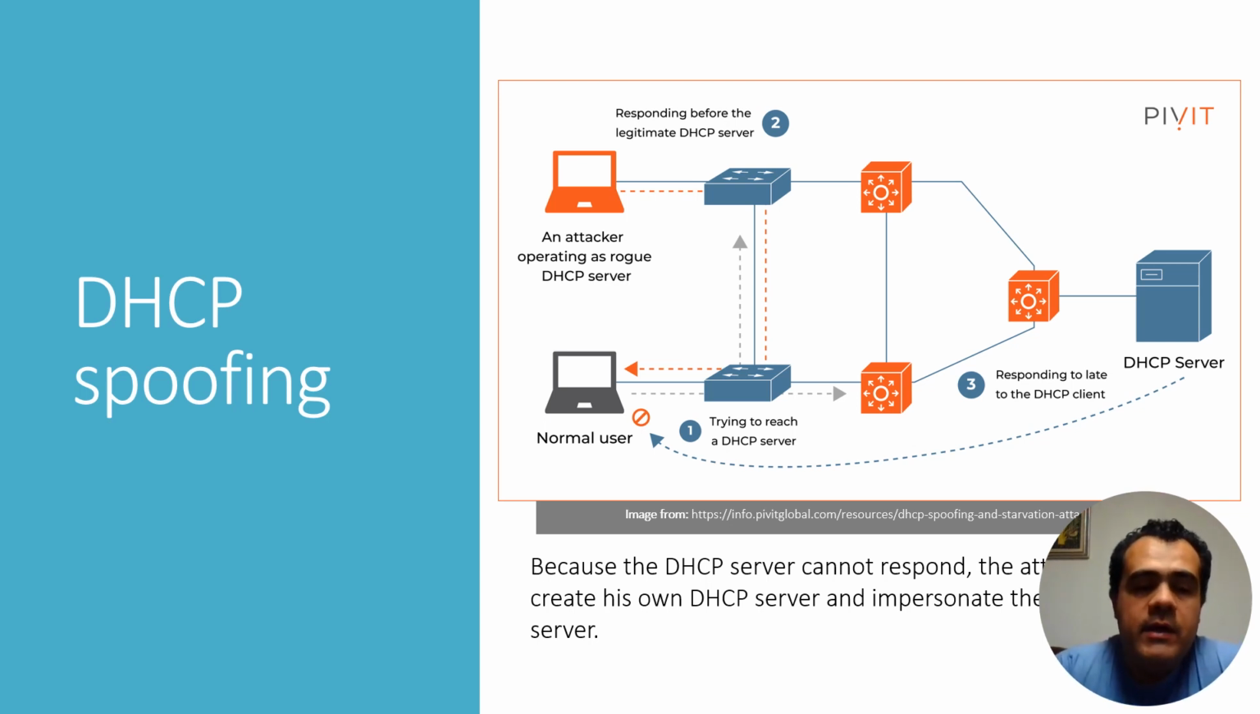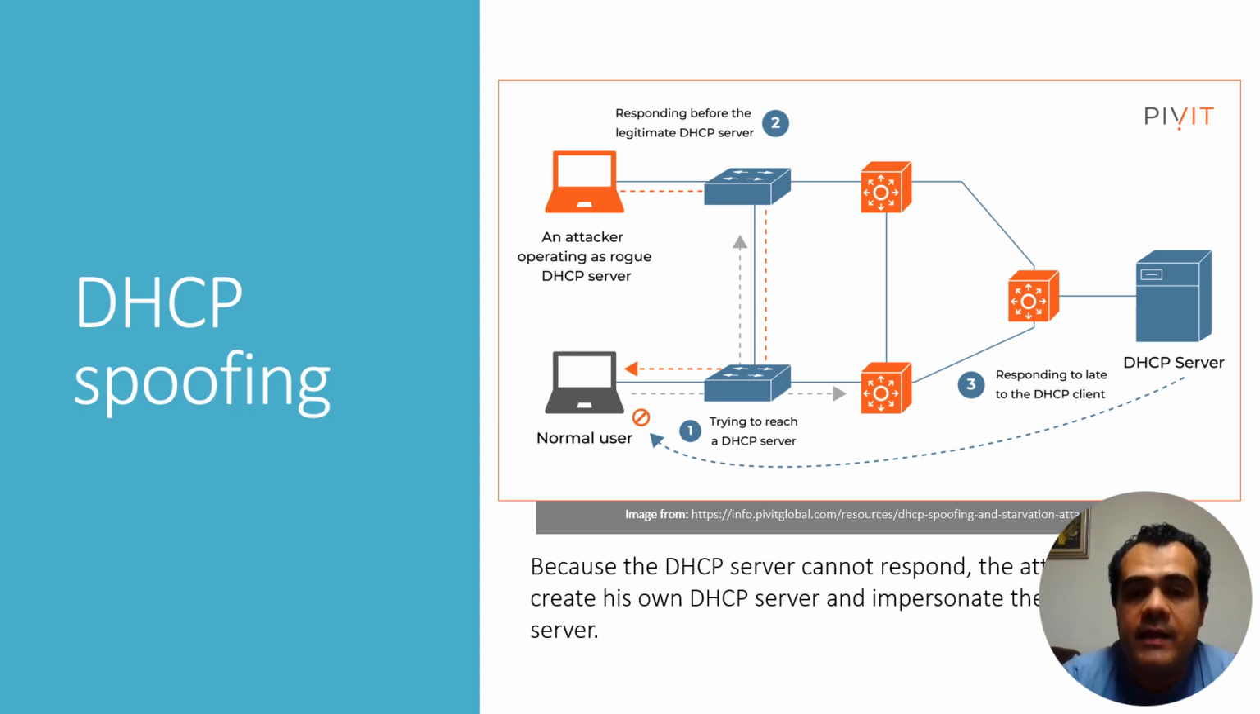For example, we have DHCP spoofing. This means, what happens if the DHCP server cannot respond to new IP requests? Well, in this case, if the attacker, as we can see in the diagram, like a laptop in orange color,